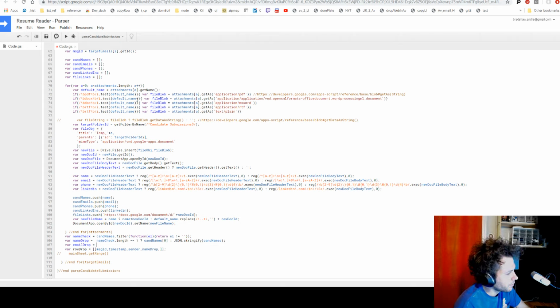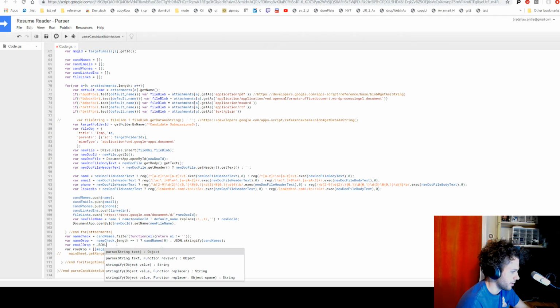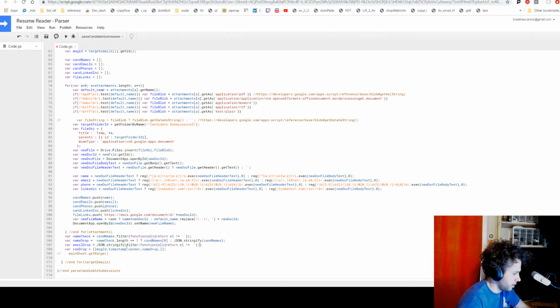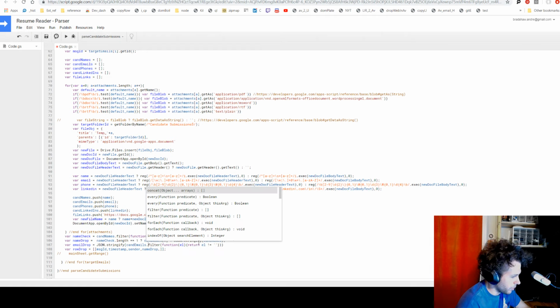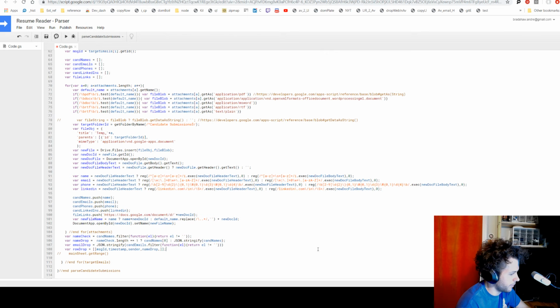And this should be fine because all I'm going to do here is just wrap this in JSON stringify. And then I'm just filtering out the null values, and I do want to use another function